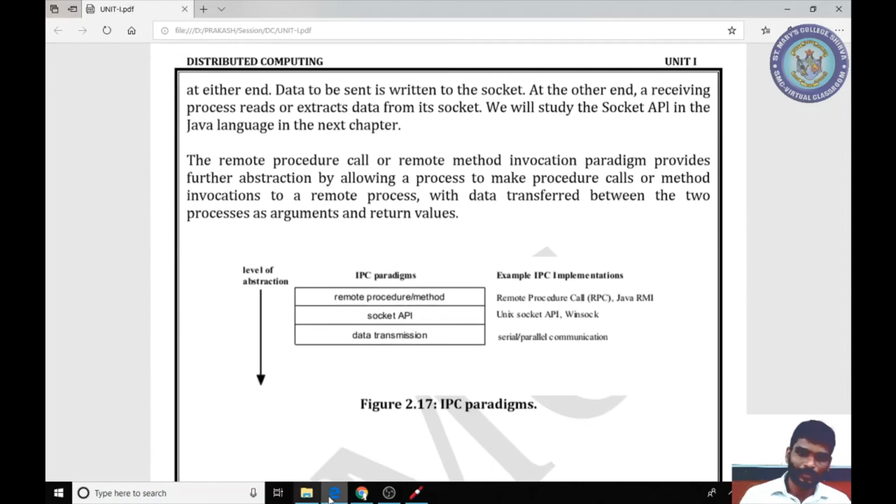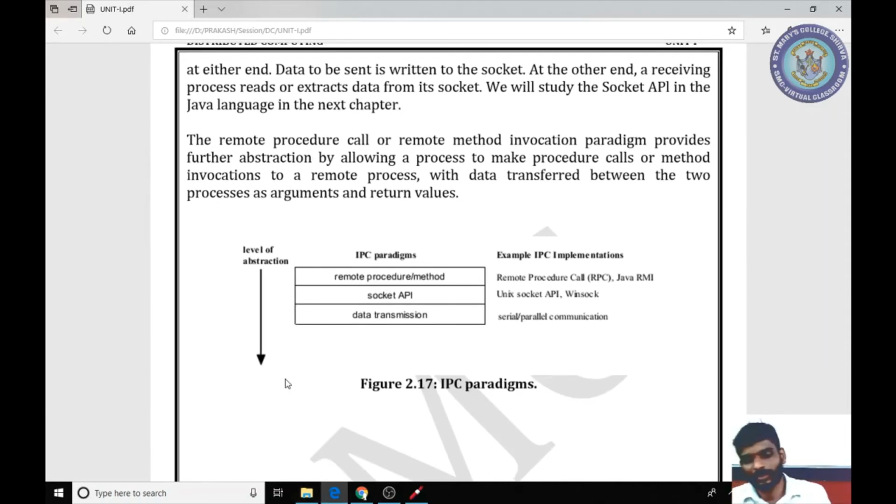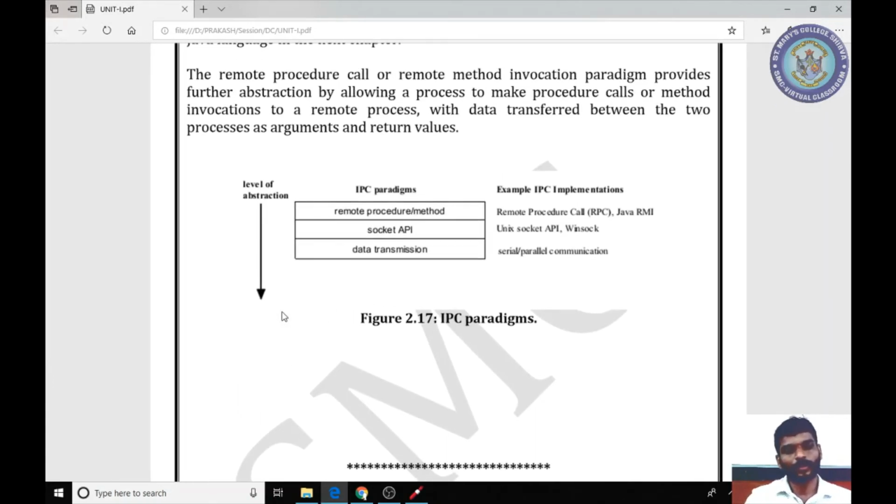These will be based on the level of abstraction that I already mentioned. Abstraction means how it will hide the implementation part from the user.